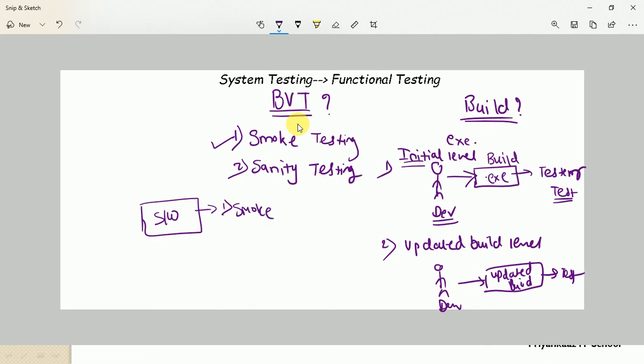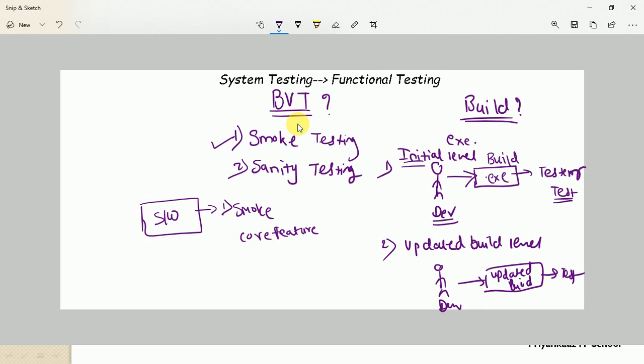What will smoke testing do? Smoke testing will simply test the core features, the core functionalities of the application. Smoke testing will simply test the core features of the software application. So the primary focus is to test the core or main functionality of the application. For example, take an e-commerce site. Whenever we need to test any simple web application, an e-commerce site, you can take Flipkart, Amazon, any application. In that site, what is a core functionality? What do we need to verify first?